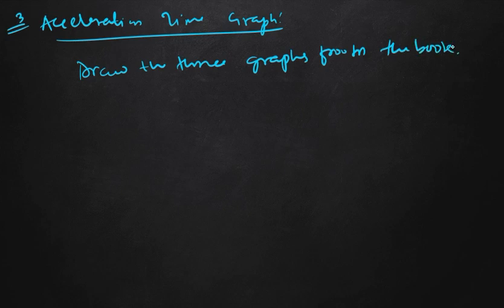Similarly, we have the second one, figure number 2.10, which represents an acceleration time graph parallel to the time axis. If the line is parallel to the x-axis, from the figure it is clear that acceleration is not changing, therefore the body is moving with uniform acceleration but with variable velocity. How can we find the area? It is acceleration into time, and that will give us the velocity, because acceleration is equal to velocity by time.